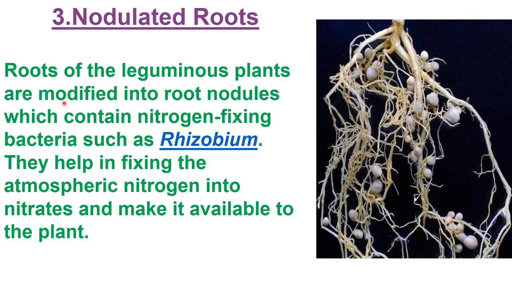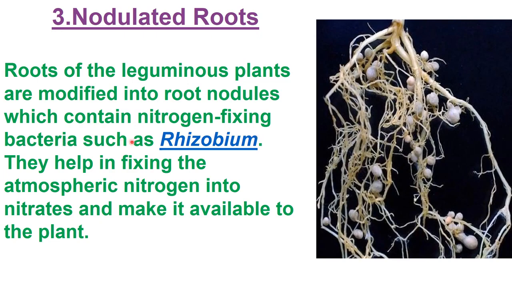Next type of root modification is nodulated roots. Here you see these structures called nodules, and a root having these nodules is called a nodulated root. This round structure, these are nodules. So roots of leguminous plants like beans are modified into root nodules, which contain